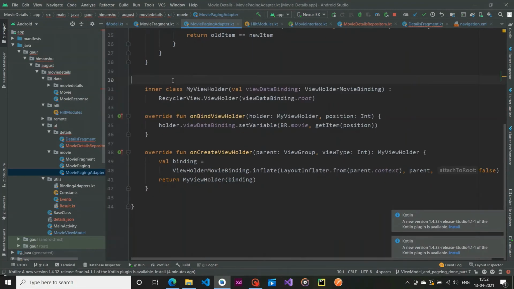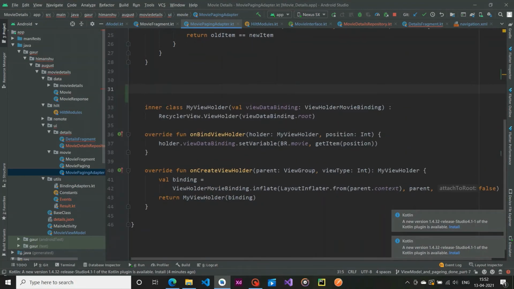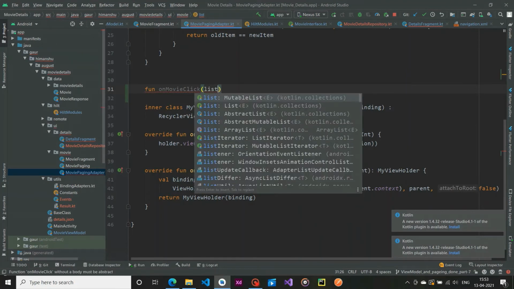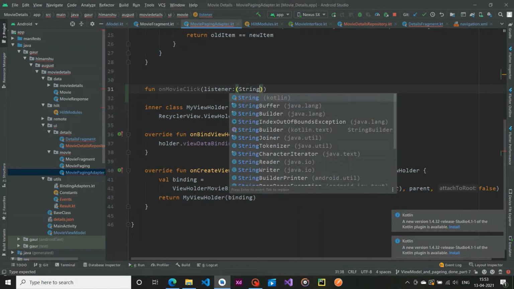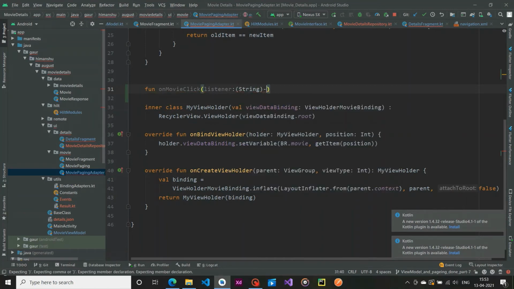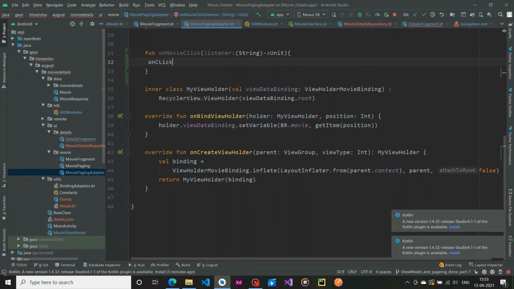Now going to our class and creating a function onMovieClick, and pass a listener, which is also a function type accepting a string and returning a unit. Initialize our onClick with this listener.